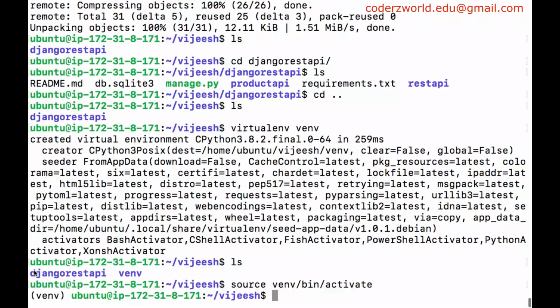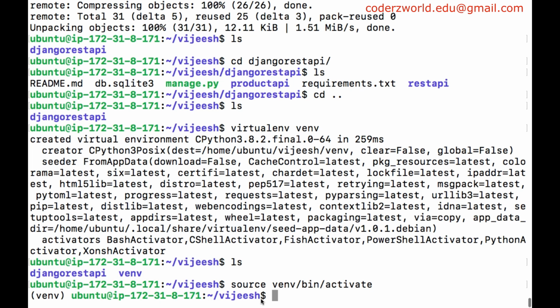Okay, we created a virtual env because if you want to deploy multiple projects in this particular server instance, we should isolate the required dependencies from another project. That is the reason why we create virtual envs. Otherwise, if two projects have different versions of a particular library, there are chances of collision if we install the packages globally in the system.